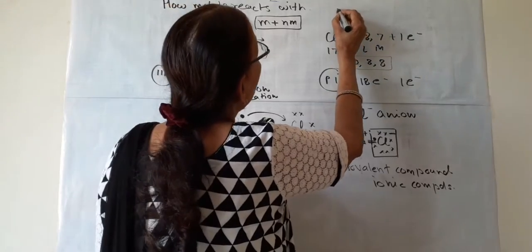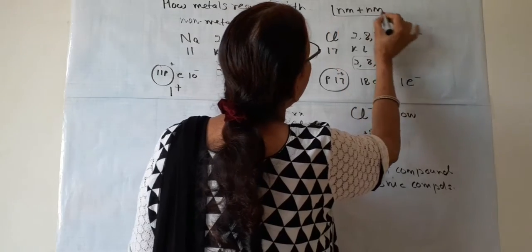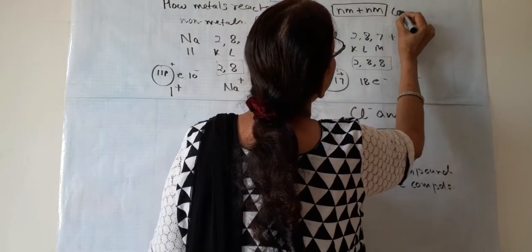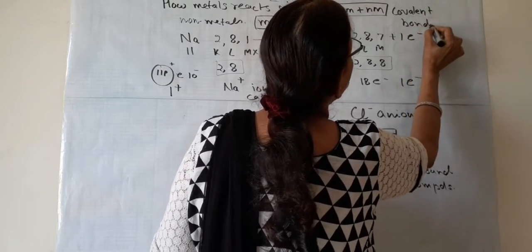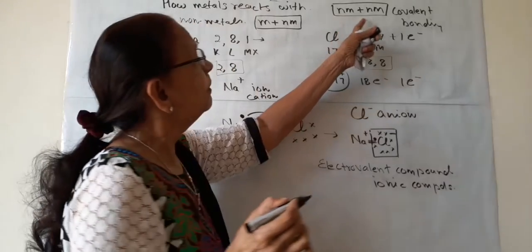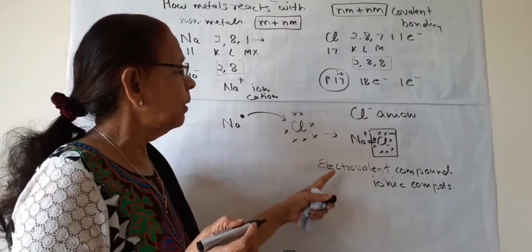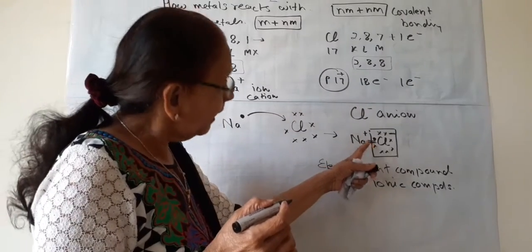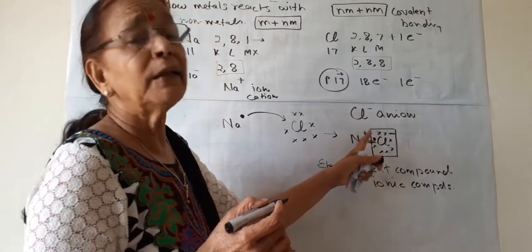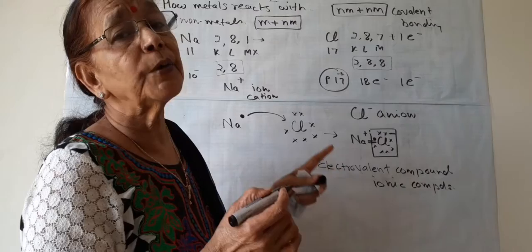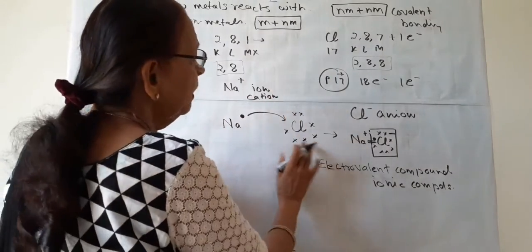There is one more bonding we will learn afterwards, that is between non-metal and non-metal, and this bonding is known as covalent bonding. We will study it in next chapters. Non-metal plus non-metal, covalent bonding. Metal plus non-metal, ionic or electrovalent bonding. And the bond between them is ionic bond or electrovalent bond. And the force of attraction is electrostatic force. This is how metal and non-metal form